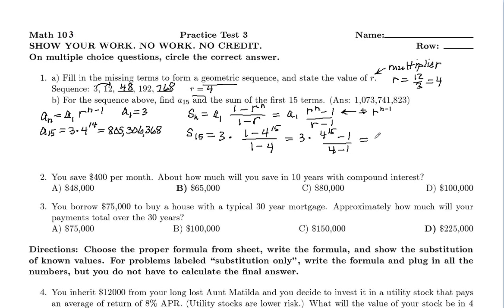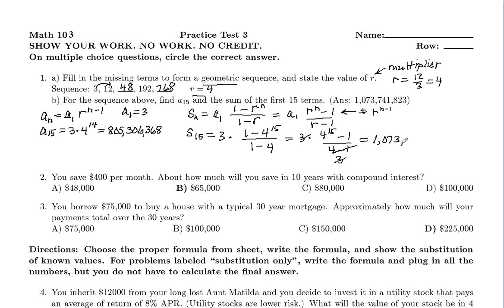Or for the test. So we do 4 to the 15th power, subtract 1, and then this is divided by 3. And actually, 4 minus 1 is 3 down here. And then these 3's cancel. So that works out nice. This 4 minus 1 is 3. So this is just 4 to the 15th power, and then subtract 1. And if you do the calculator work there, you get